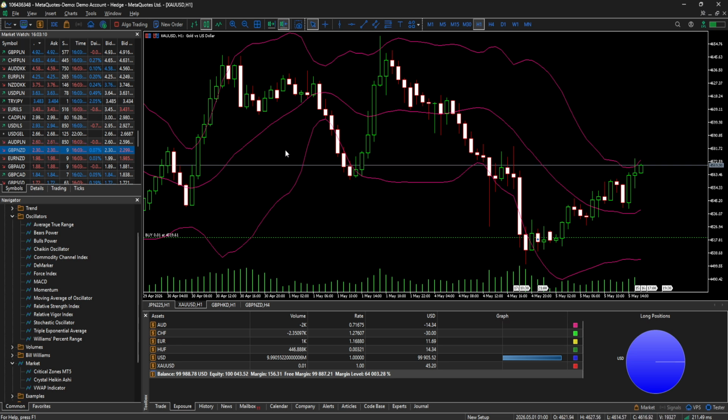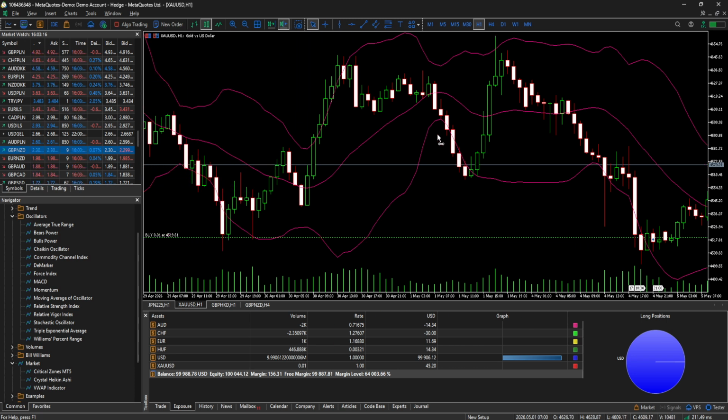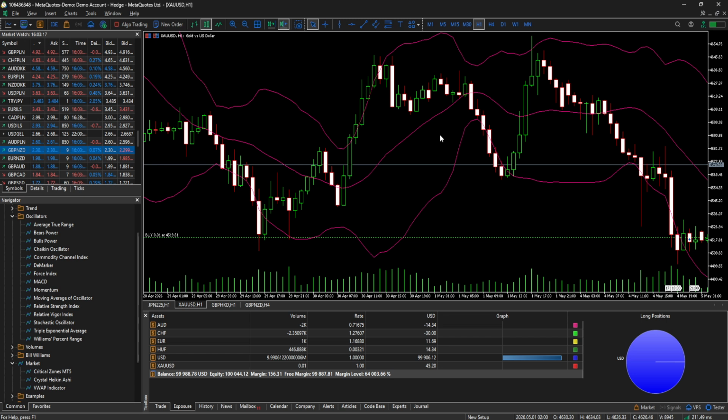Those defaults are a solid starting point for gold across many timeframes, and you can always fine-tune later once you understand how they behave. With the indicator in place, here's a straightforward way to trade ranges, which is where Bollinger Bands truly shine. This approach is best when gold is moving sideways, not trending. You'll typically notice the middle moving average flattening out, the bands running roughly parallel, and price oscillating back and forth